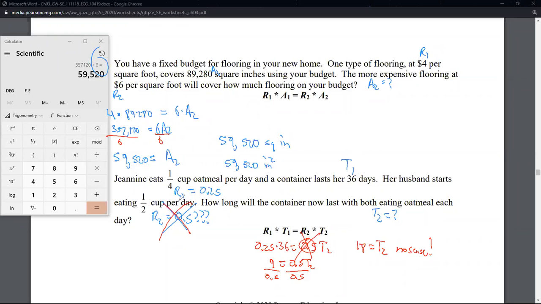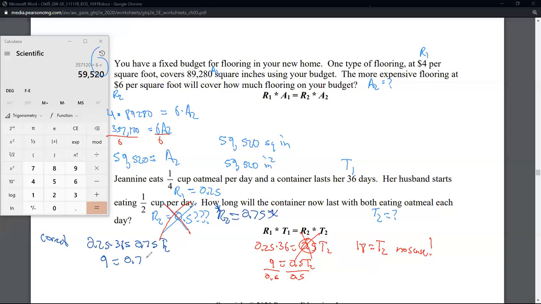That is not the consumption rate. So let's actually do this correctly now. So correct, R2 is actually 0.75 per day. And that's what 1/4 plus 1/2 is. That's 0.25 plus 0.5. This is the actual consumption together because they're both eating. It's not just the husband eating a 1/2 cup, it's him eating a 1/2 plus the wife eating a 1/4. So the correct problem is 0.25 times 36 equals 0.75 times T2,